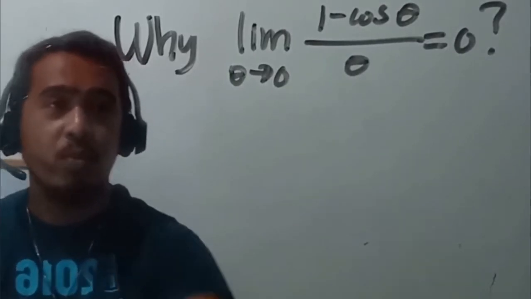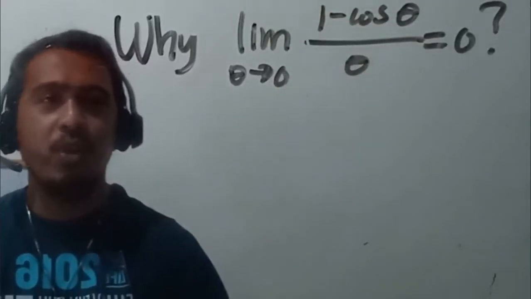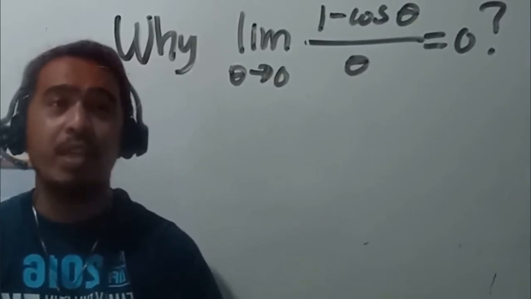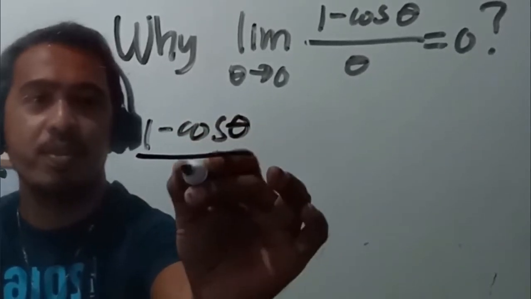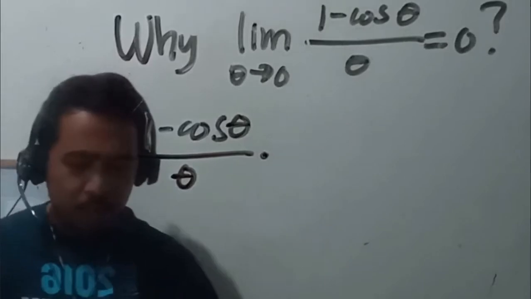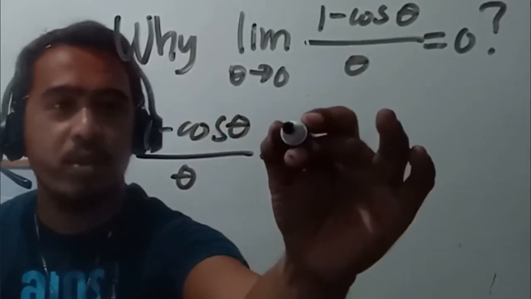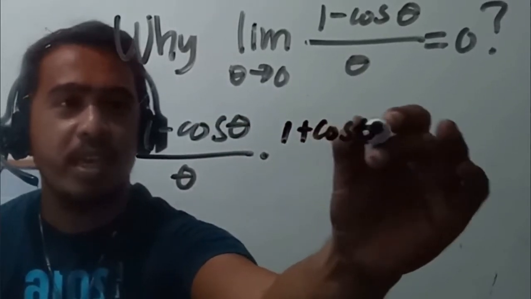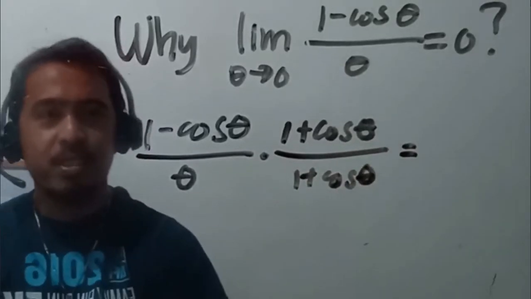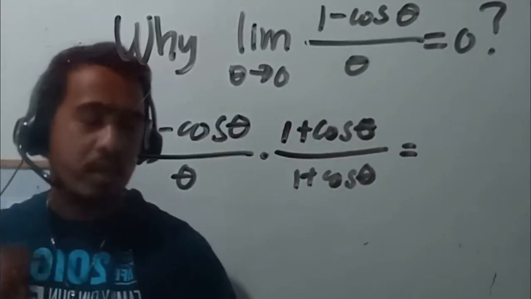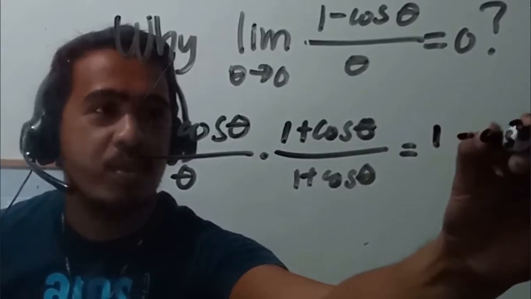it will be indeterminate. It will be 0 over 0. So we will be finding an equivalent function of this, wherein if you evaluate it, it will not be 0 over 0 indeterminate anymore. So we will have (1 minus cosine of theta) over theta, and we will be multiplying something equal to 1 to it. So we will be using the conjugate of the numerator, (1 plus cosine of theta) over (1 plus cosine of theta). And if you simplify it, it will be just the difference between two squares. It will be 1 minus cosine squared theta